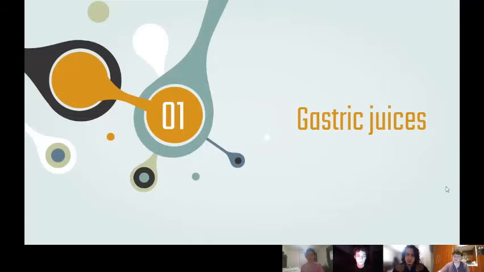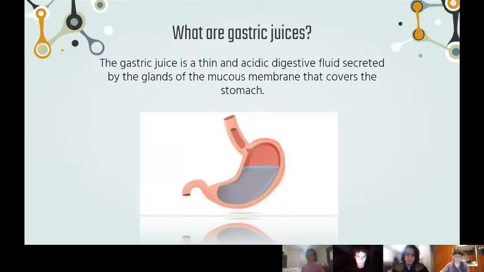Well, first of all, in order to understand what an antacid is, we need to understand what they are needed for. And to understand this, we need to know what a gastric juice is. What is a gastric juice? The gastric juice is a thin and acidic digestive fluid that is secreted by the glands of the mucous membrane